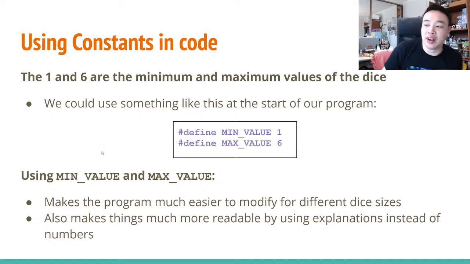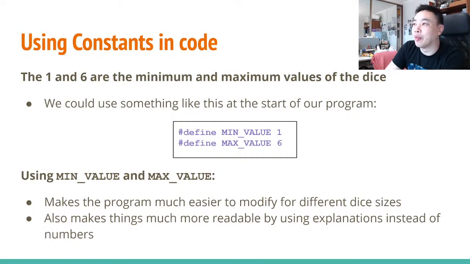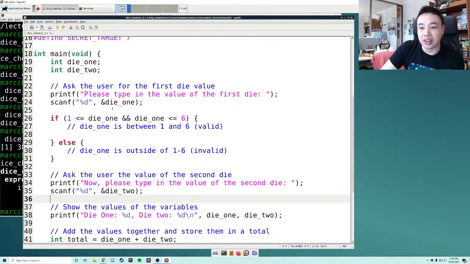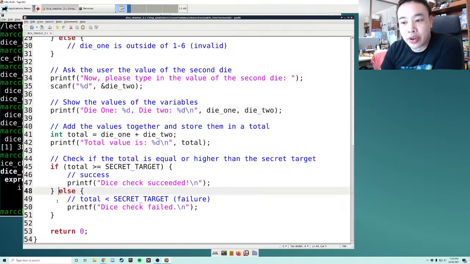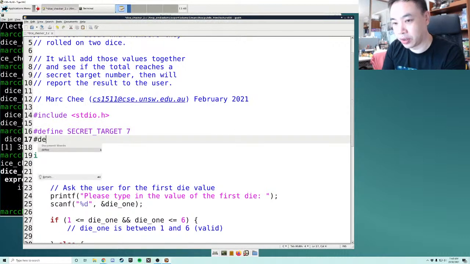But the other thing that we can do now is it'll be really, really simple for us to change the size of the dice, because all we'll do is change the maximum value, and we don't have to look in our code or change anything else in our code. This is basically going to go through and find anywhere where we're referring to the size of the dice and change it for us. So this is one of the powers of using constants instead of writing these numbers in here. If I wanted to change between a 6-sided die and an 8-sided die, I'd have to change it here. I'd have to change it somewhere where I was processing the second die. And I'm not sure if there's going to be somewhere else in here that I'm going to use the size of the dice. So it's really neat to do this stuff in these hash-defined constants,